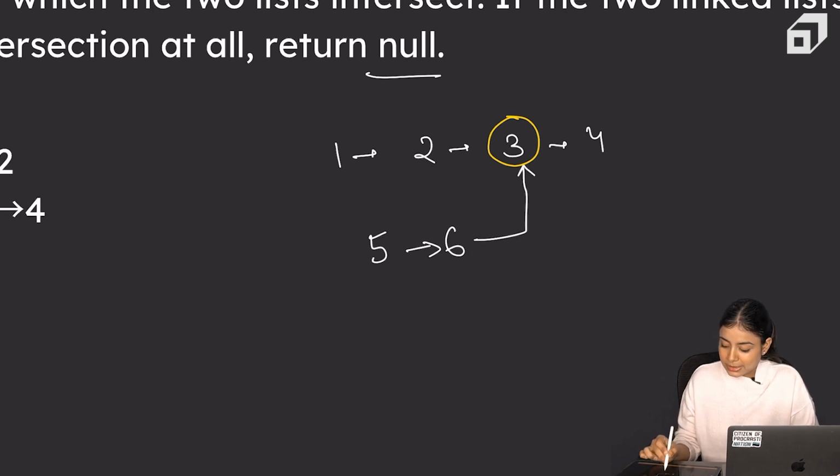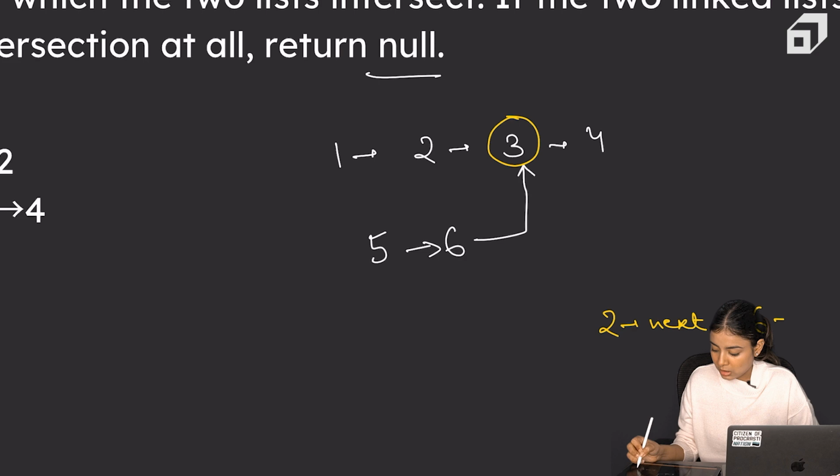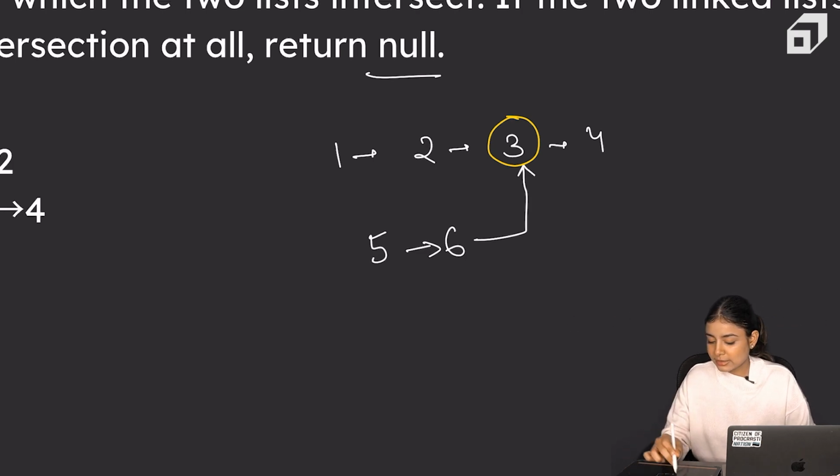This basically means that the 2 next is equal to 6 next, right? It's the same node after these two nodes. So in this case, we basically need to first detect if it is present and at what point they are